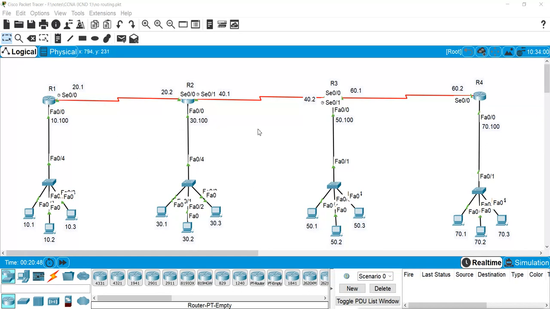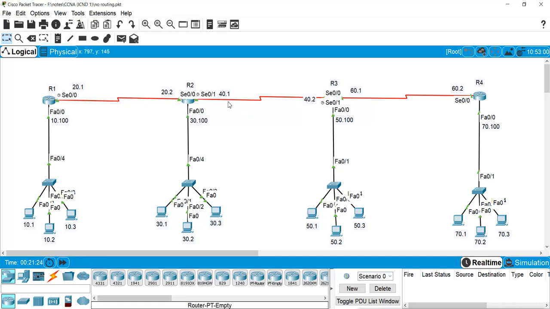We have a network here of 4 routers, where we have these networks, which are network 10, network 30, network 50, network 70, and we want to communicate between these different networks. We can assume they are in different areas and different locations, and we have connected them through this WAN connection. I'm not having a WAN connection here, I'm directly connecting those routers from the serial cable. So we can assume it like a WAN connection here, and we have used the same network IP to connect router 1 to router 2, that is 20.1, 20.2.